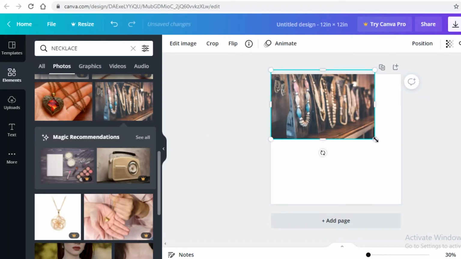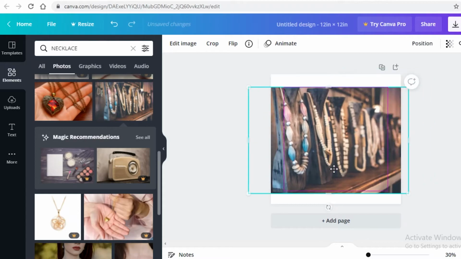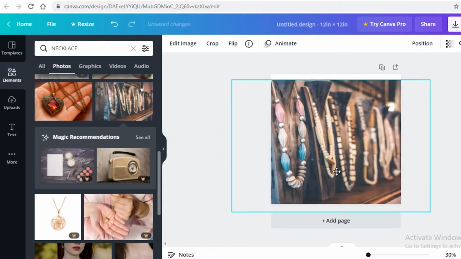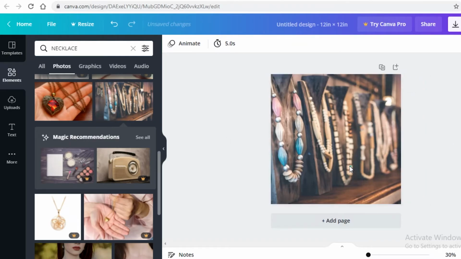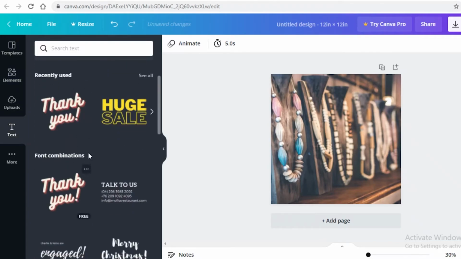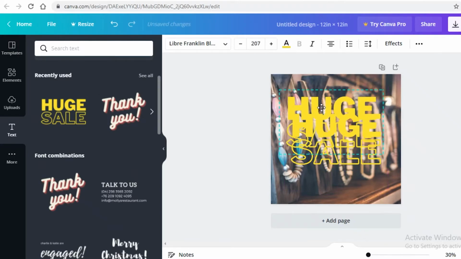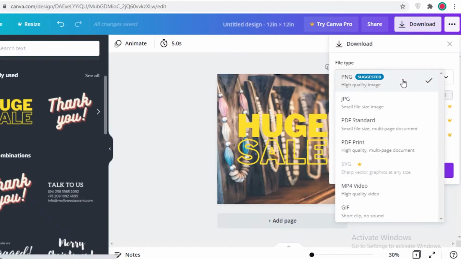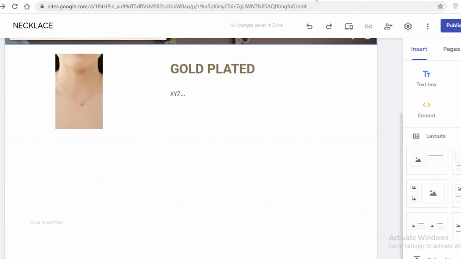And what I'm going to do is expand the image like so, and then you can add different text on top to describe the image or the product that you have. So once I have done this, I'm going to go on to text over here, and then I can add anything of this sort. So I can add some text like this, and I'm just going to click on download over here, download my image, go back onto my website builder,